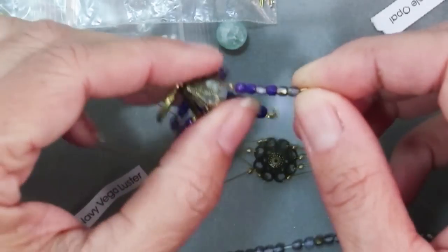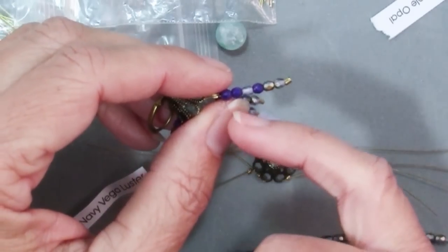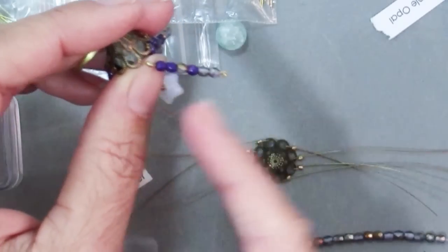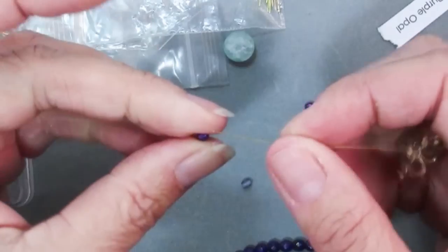So for each of my strands, I used 3 of each color, but instead of just alternating a pattern, I did it more of like it gradates from the dark to the light. But do whatever makes you happy, whatever colors. Just string on